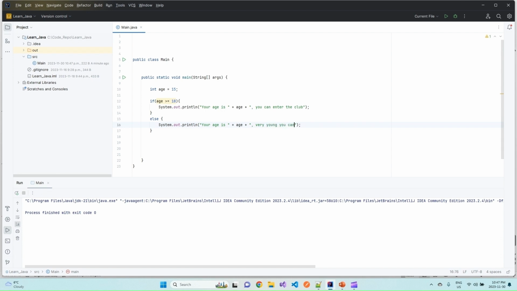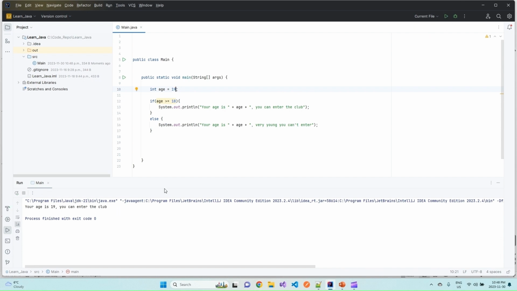You can't enter. Now let's run the code. Your age is 15, very young, you can't enter. If we put 19 again and execute it,